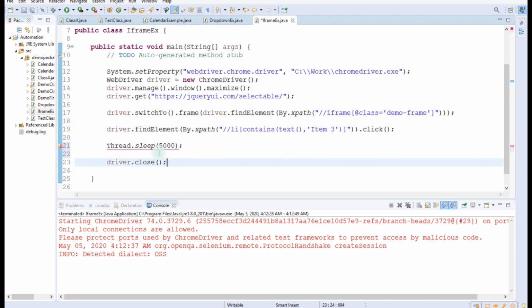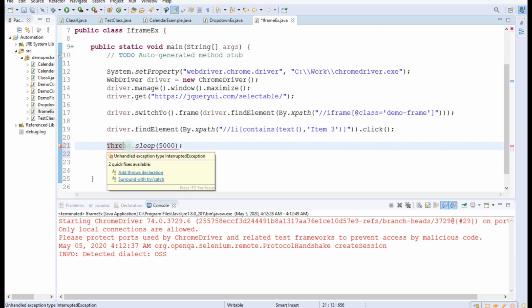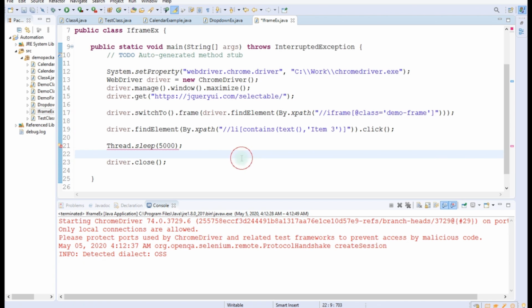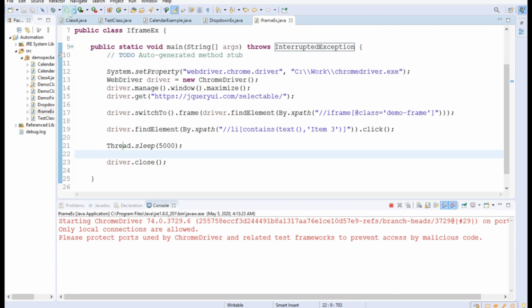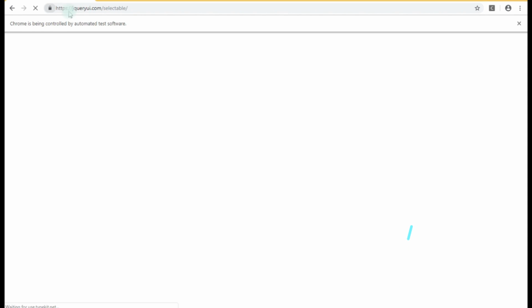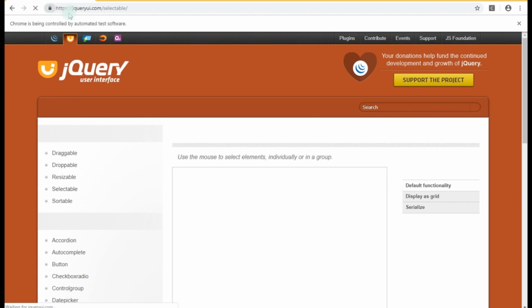So using this, I have implemented a sleep of 5 seconds so that we are able to see. Now I will save it and click on run. Now it should open the Chrome browser and the website. Then it should click on the element. Now the website is being loaded.